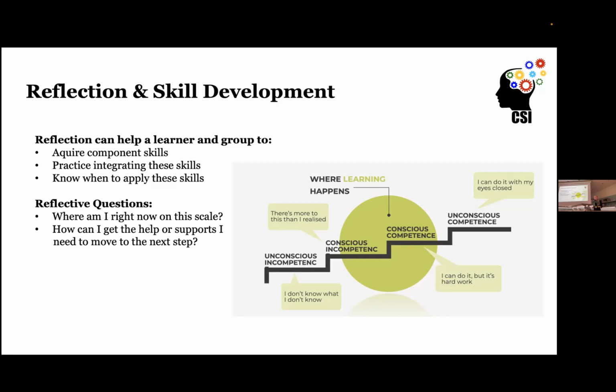So I don't need to ask anyone specifically, but think about something that maybe you're working on right now, and reflect on things like, where am I on this scale? I know when it comes to learning Swedish, there are times where I'm like, I don't even know what I don't know, but I would put myself somewhere in the middle now. And then, how can I get the help that supports the process along the way? We all have blind spots as well, and help can really identify what those things are.